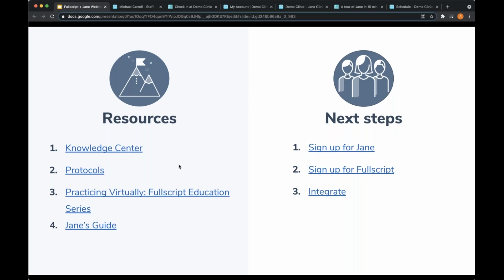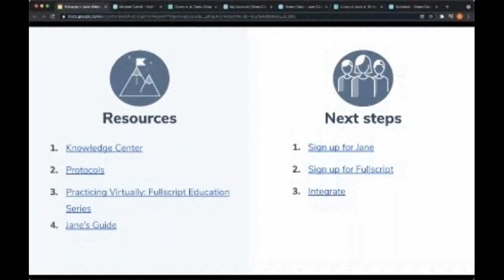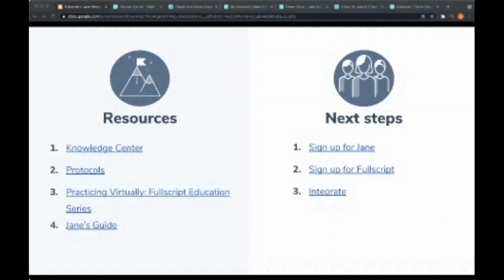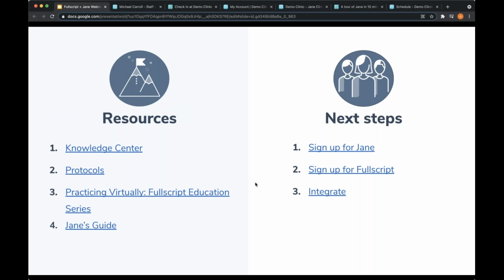So if you're new to supplements, we do have some guides that can get you acquainted and educate you on supplements and recommending supplements to your patient. We also have protocols, which are really huge. These are evidence-based protocols that are popular amongst our practitioners, and it's a great way to get started. The third one is a specific resource that we have for getting started in your practice and setting it up to the online sphere. It is an educational series where we pull from multiple different resources.